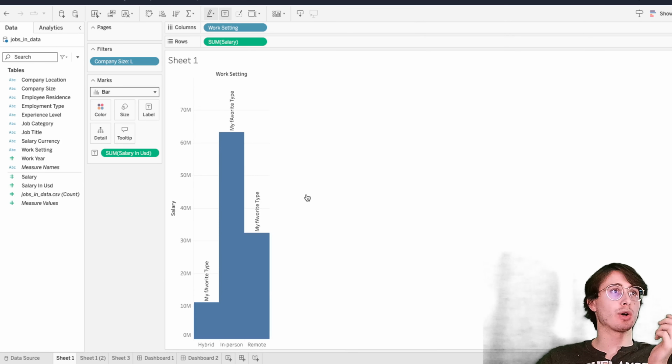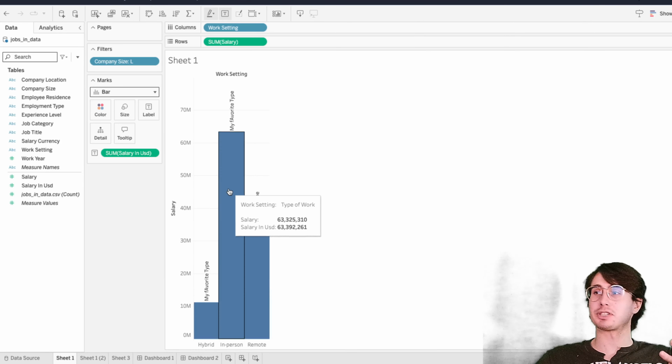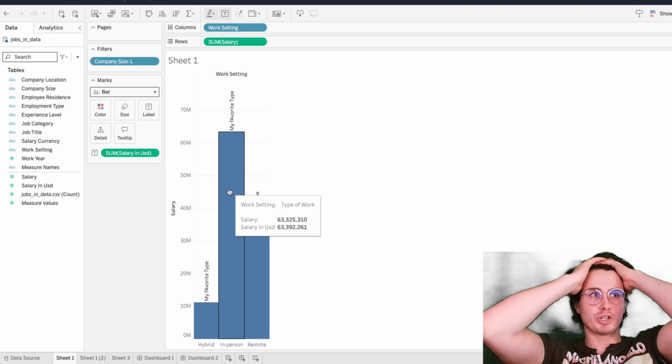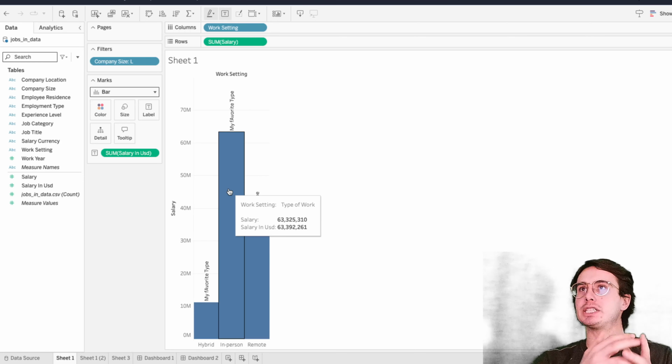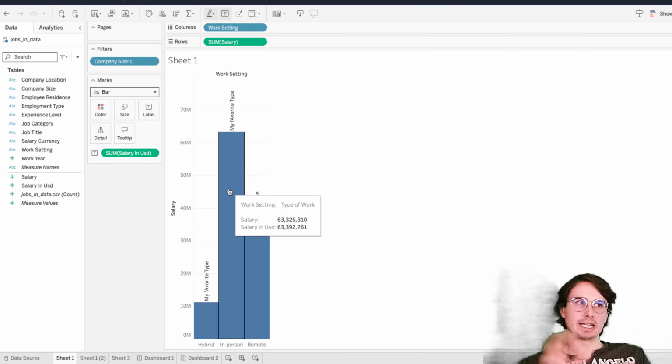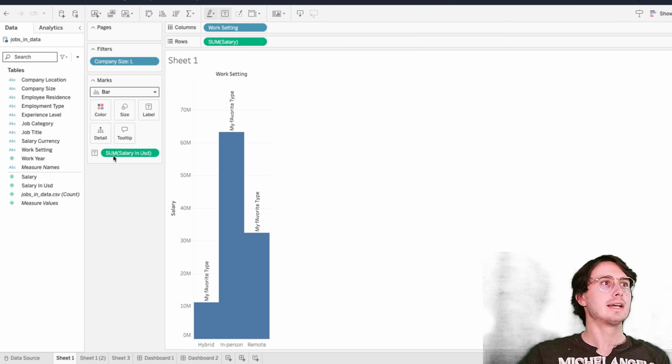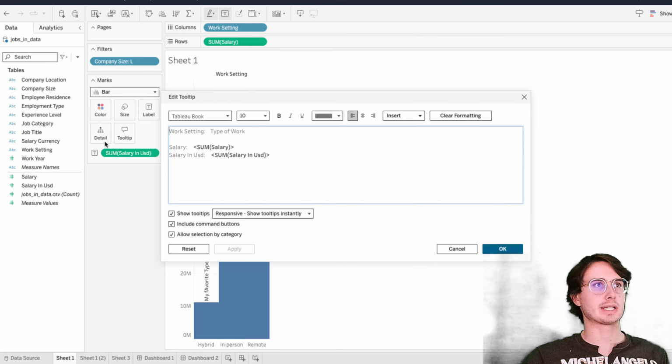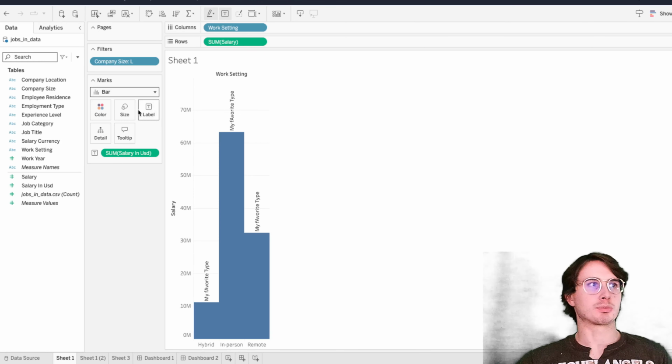And now when I mouse over one of these fields, you'll see work setting, type of work. This is where you could add things like mathematical computations to say, hey, this is the salary divided by the average number of people in a particular work setting. So you have a lot of different options on how you want to customize how these reports are generated,